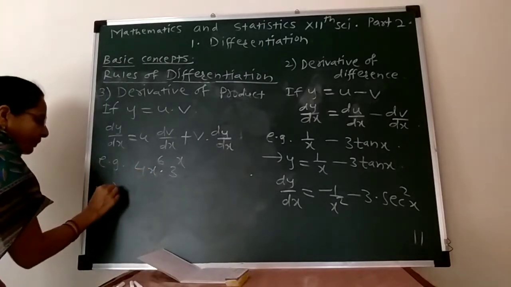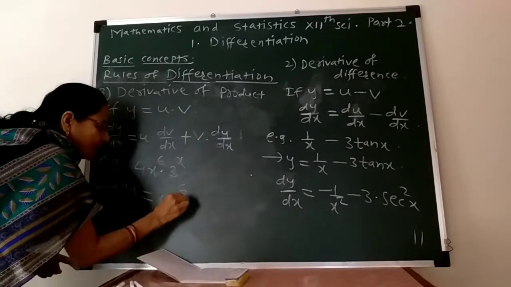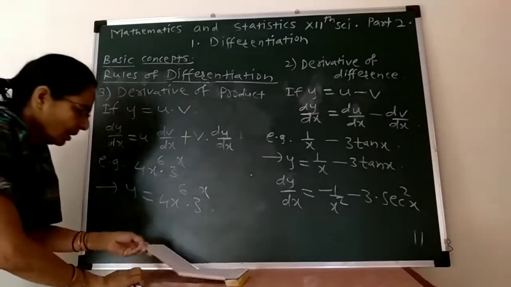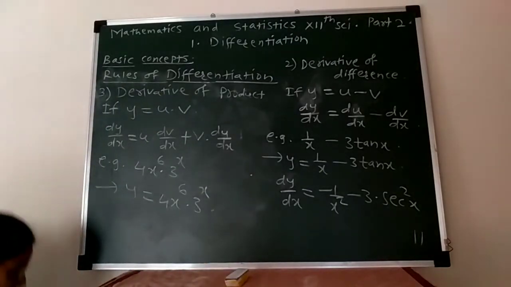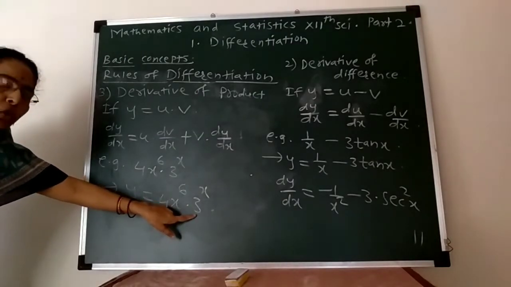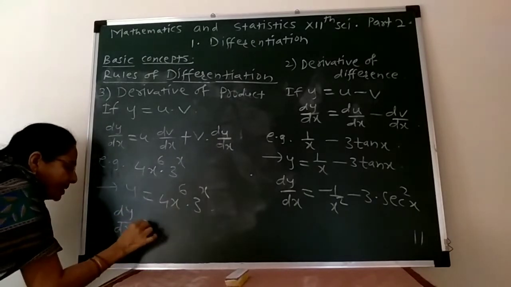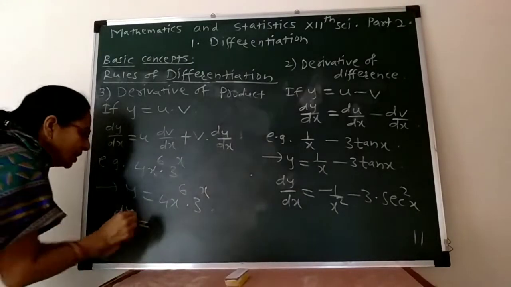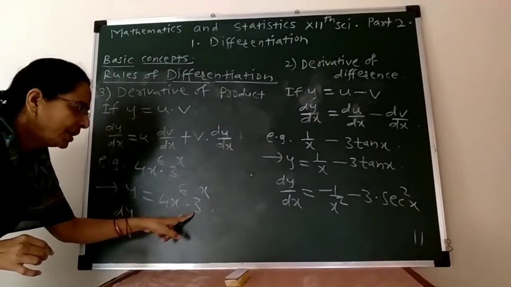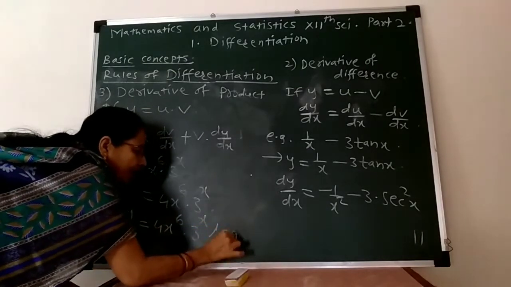First we have to write y is equal to 4x raised to 6 into 3 raised to x, and then y is in the form of product of two functions, so take derivative: dy by dx is equal to first function as it is, derivative of second, 3 raised to x, derivative is 3 raised to x log 3